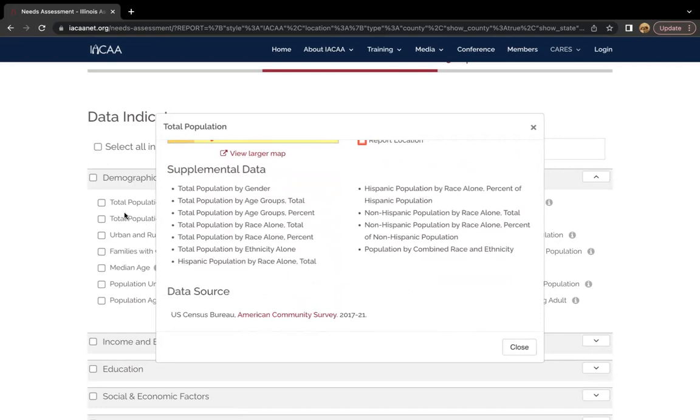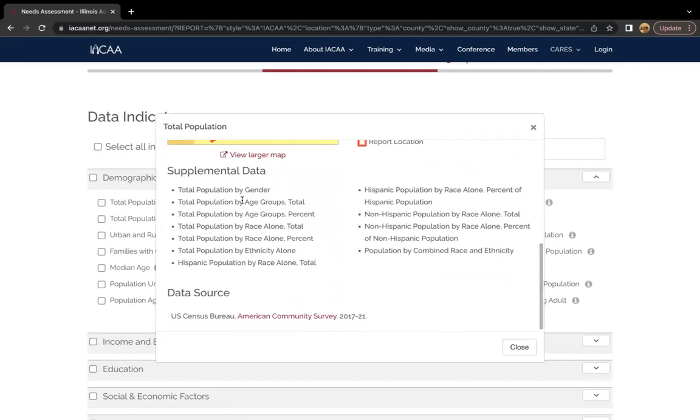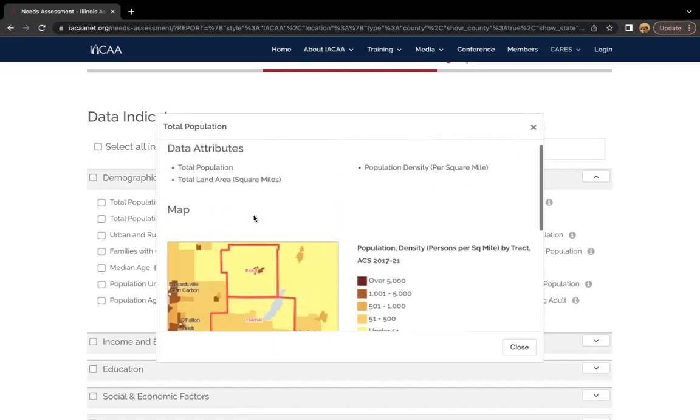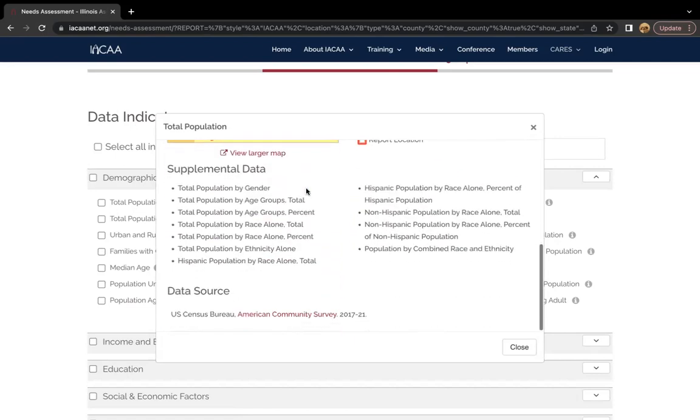You'll also get a list of supplemental data that is included when you select an indicator. So with most of our indicators, not only are you going to get this general information, you are going to get information on these categories segregated out by things like gender, age, race, and ethnicity. Then always we are going to include information on the data source, a link back to that original data source, and information on the release date.